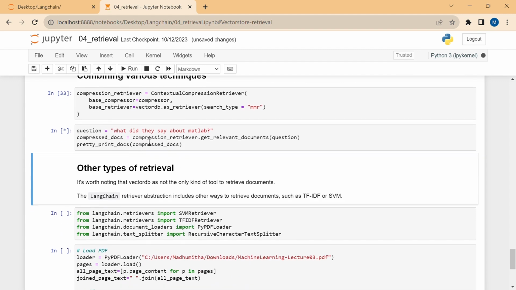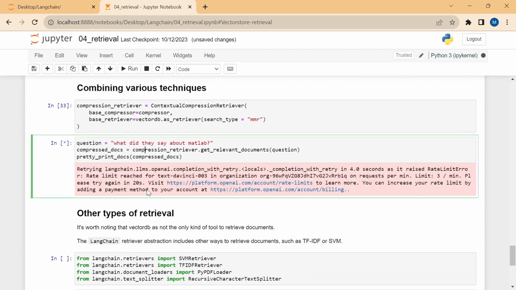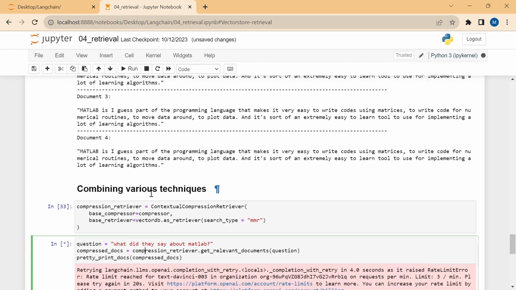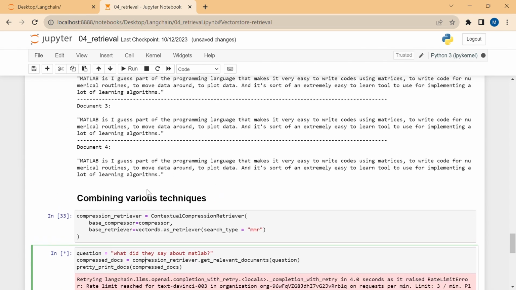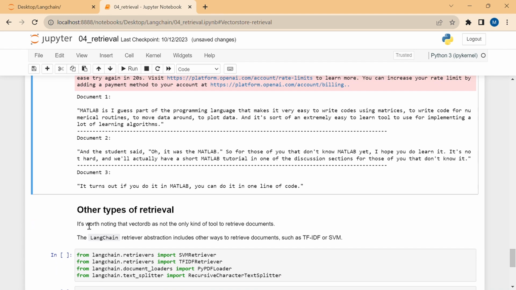Okay, it may take a couple of minutes because I've been continuously using this OpenAI key for a long time. Sometimes this warning may occur. You can just ignore those warnings and move on. Let's wait for the output. Yeah, it has completed. I got the output. See, for document 1 I got something, document 2 is different, and document 3 is different. So this is the use of MMR and it works perfectly fine.